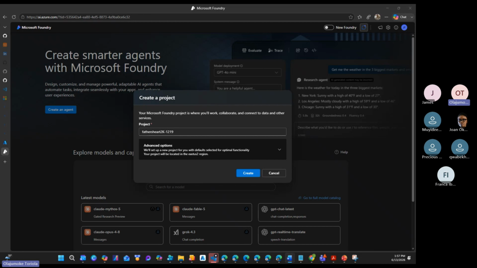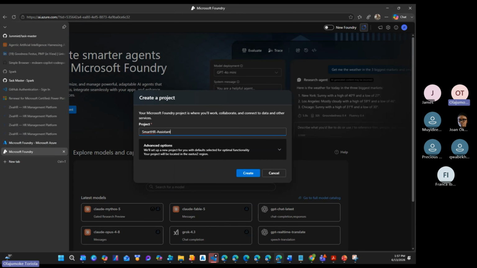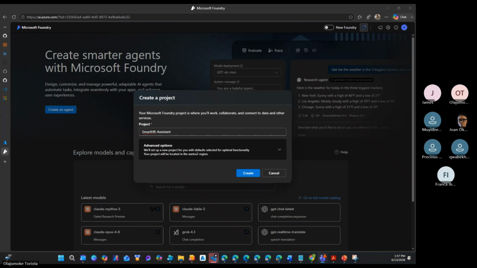Please let me know if I'm too fast. If you have your AI Foundry open, let me know. How many of you have your AI Foundry open, please? With a raise of hand. How many people have AI Foundry open? Or you just want to watch me do it and then you go and do it later on? Yes, okay. To watch. Okay, all right, that's fine.